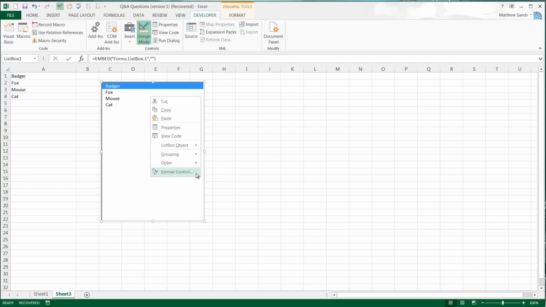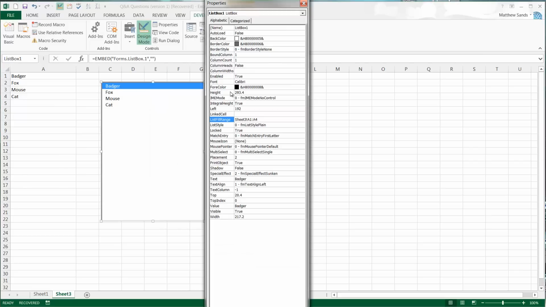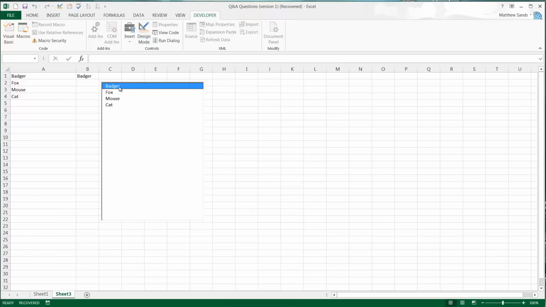You can also, if you have a linked cell, so let's say we put in B1, then whenever we select one of these things, it will change the value in B1. Now,